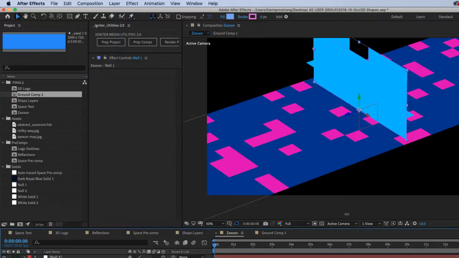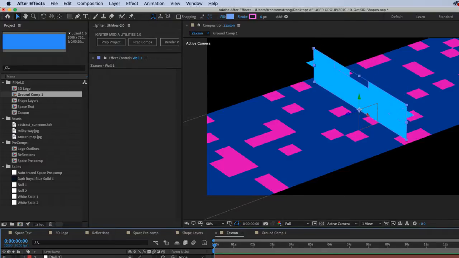Okay, so that's on the ground, a little tall actually, huh? Alright, so there's wall 1 and wall 2.